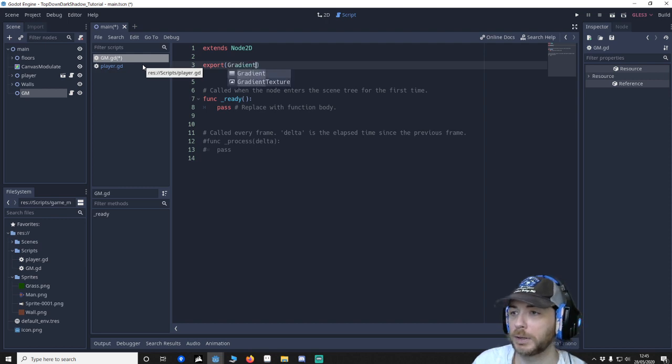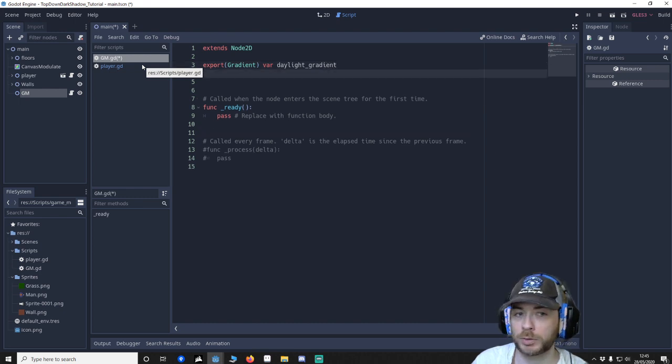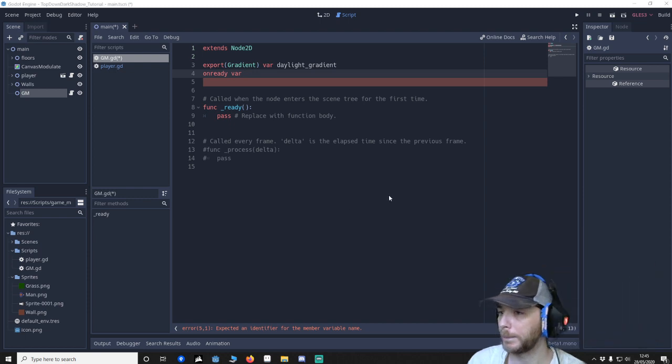gradient. So this gradient is something we've used before, if you've done my tutorial on health bars. It's a way that you can blend colours, so we could have like black to green to orange and it'll blend between them. It's a really handy feature. Call it day light gradient, and then gradient. And then we're also going to go onready var light canvas